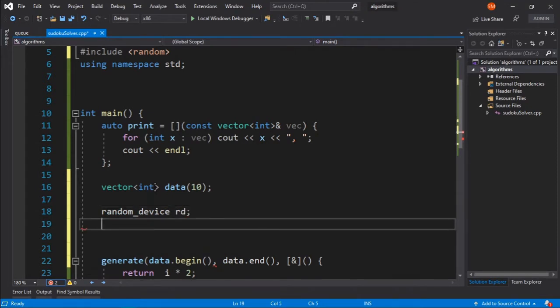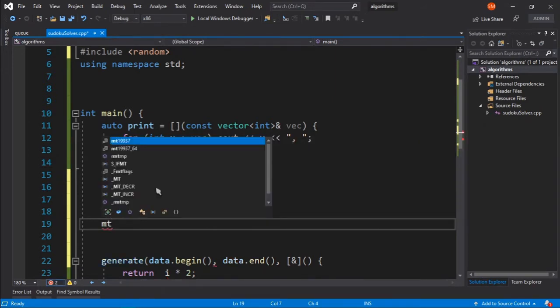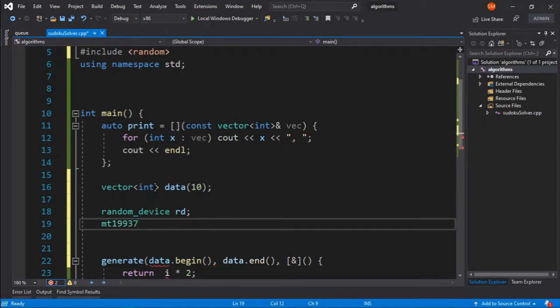Then you need a random distribution engine, or whatever it's called. A very popular C++ random engine is mt19937. What it does is it gives us a range. So I will just call this rng. The word range actually exists in C++17 and above, so I will just call it rng, and it takes the random device to generate the range. As simple as that.